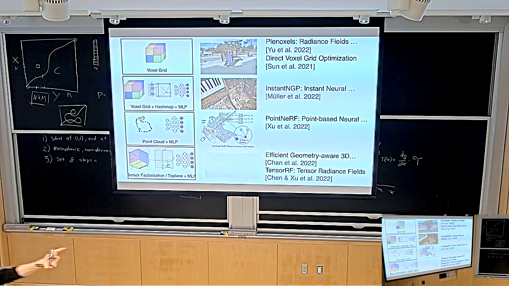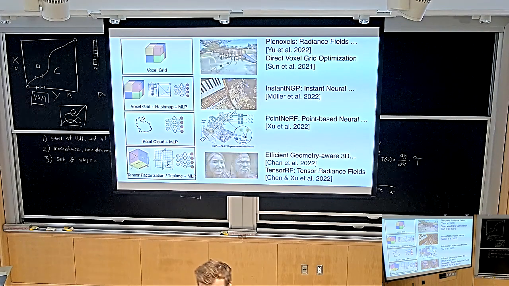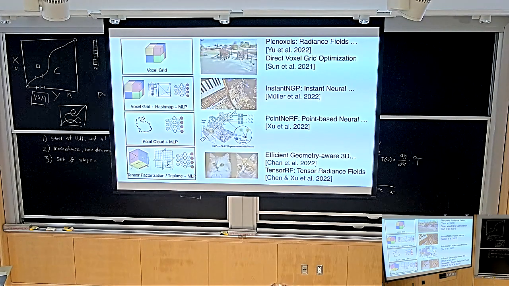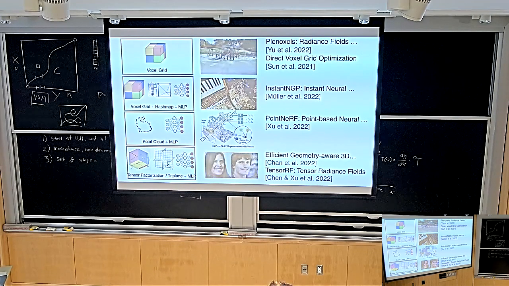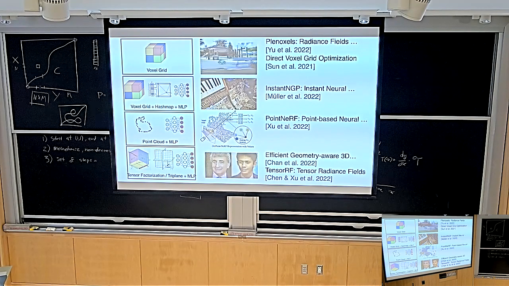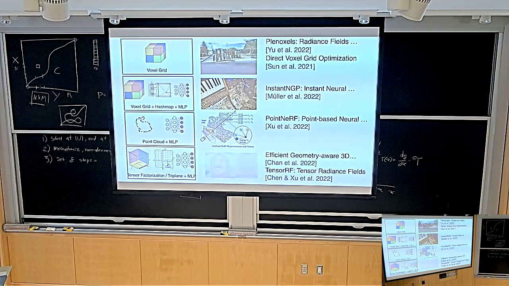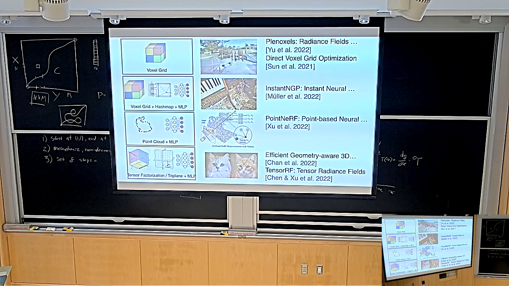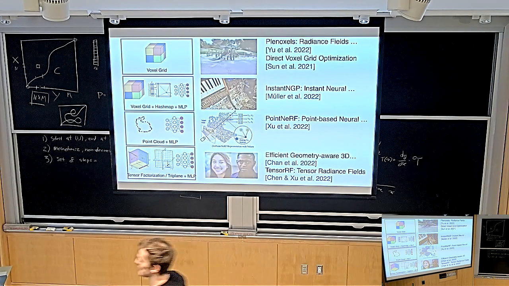You can do a thing where you have a voxel grid, but the voxel grid can't be that high resolution because it gets too big. So in order to have fine detail, you might have an additional hash function that takes a point. We didn't discuss this in detail, but there are other tricks people have done to speed this up, and they basically come down to having some kind of discrete representation and also a little neural network, working together via these hybrid representations. Do you remember that? Yes, good. Okay, excellent. So this works, and it speeds things up drastically.